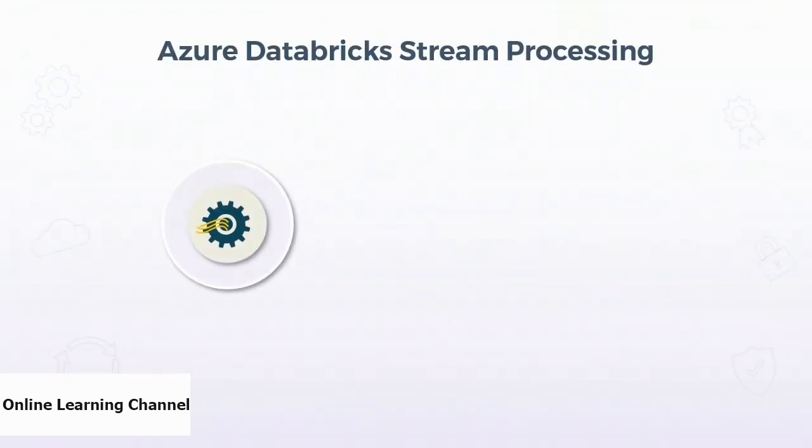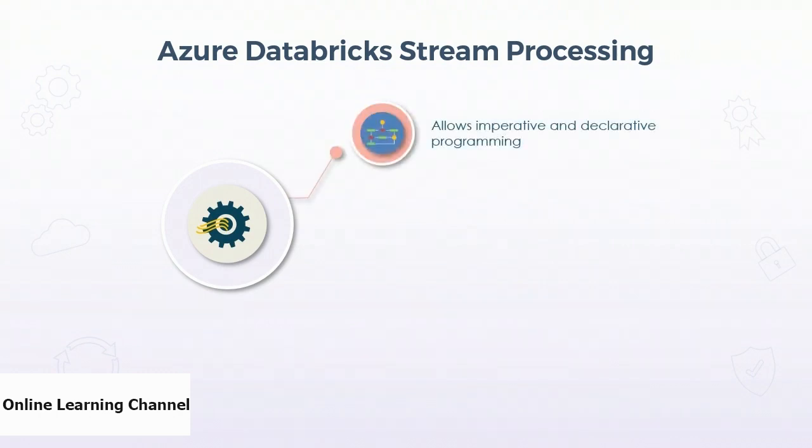Databricks stream processing includes the ability to program both imperatively, meaning you write code to tell the process what to do, or declaratively, meaning that you describe what you want done, but not how to do it step by step. Most programmers are more familiar with imperative programming, which is what you're doing when you write algorithms in a language like C# with explicit control flow. On the other hand, SQL statements are an example of declarative programming. You're not telling SQL Server step by step what to do, but rather you're describing, via the SQL statement, what